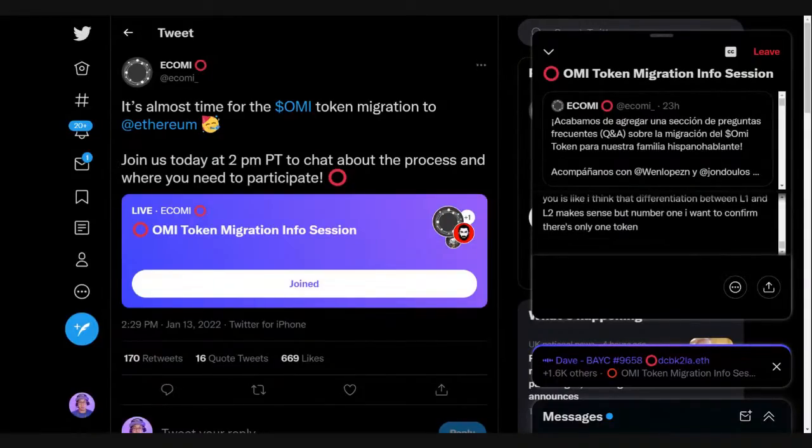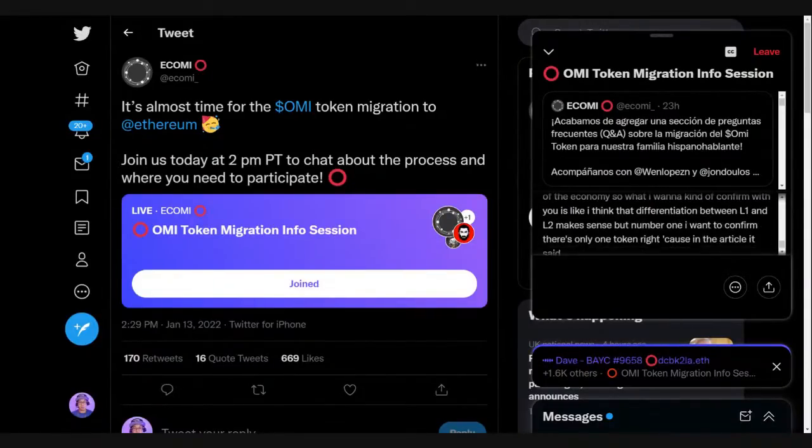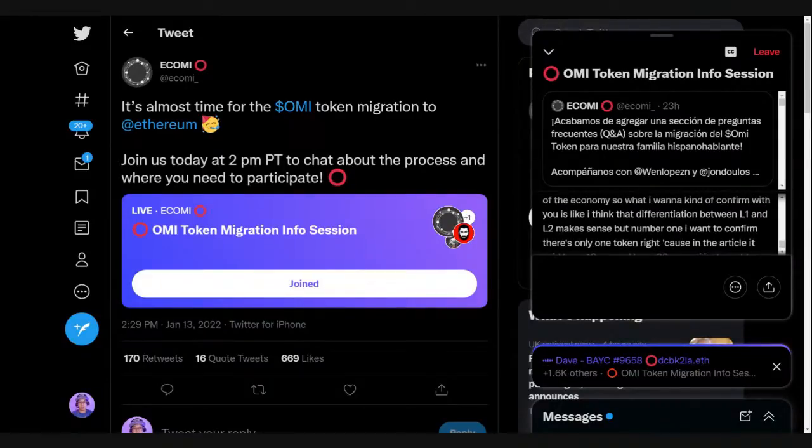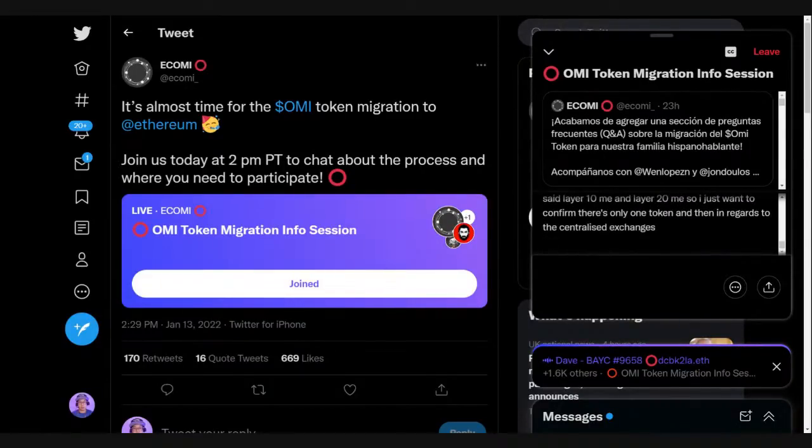But number one, I want to confirm there's only one token, right? Correct. In the article, it said layer 1 Omi and layer 2 Omi. So I just want to confirm there's only one token. And then in regards to the centralized exchanges, like,